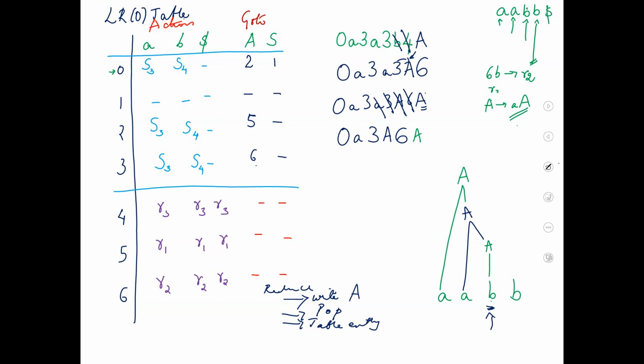How many elements are there? There are 2 elements, which means I am to pop out 4 elements. 1, 2, 3, 4. I popped out 4 elements. 0A, I wrote A, I popped out, make a table entry to complete that operation. 0A is 2. So I write over here 0A2.